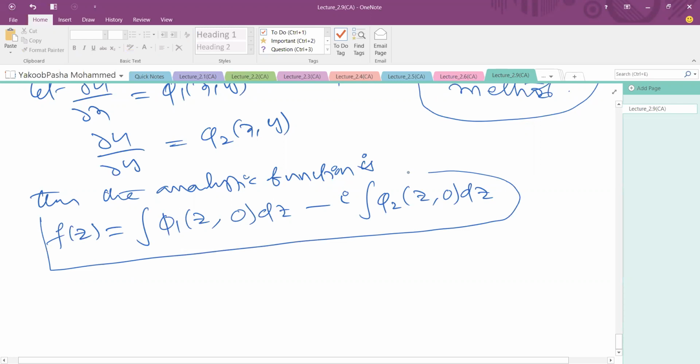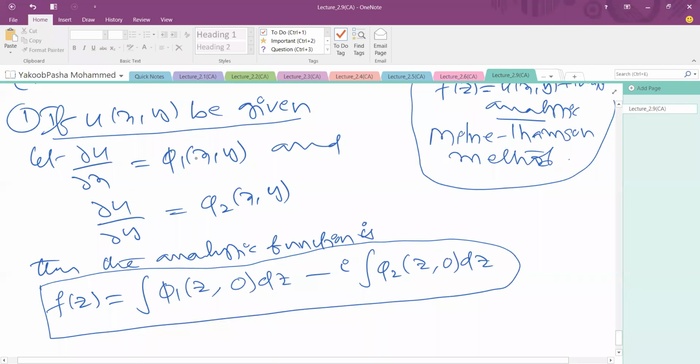జస్ట్ ఈ phi1 of z comma 0 అంటే ఆల్రెడీ మన దగ్గర phi1 of x comma y ఉంటుందండి. అందులో x equal to z రాయాలి, y equal to 0 రాయాలి. సిమిలర్లీ phi2 of x comma y లో x equal to z, y equal to 0 రాసాం అనుకోండి, we get the phi1 of z comma 0 value and phi2 of z comma 0 values. After substituting in this, after integration, we will get the function which is the